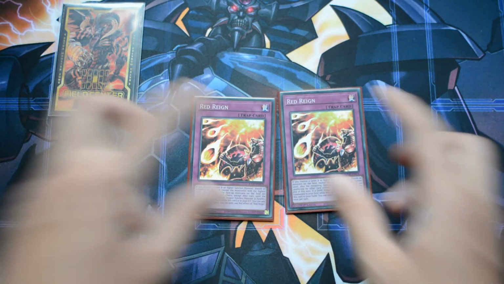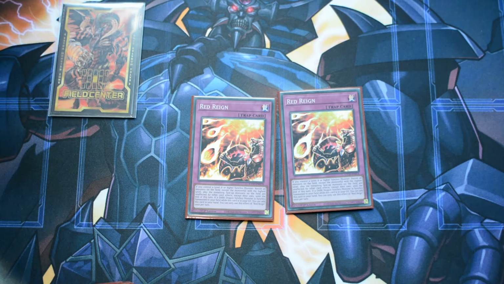And lastly, Red Ring. Red Ring is a very powerful destruction trap card. If you control a level 8 or higher synchro monster, banish all monsters on the field except the monster with the highest level. Also, the remaining face-up monsters on the field are unaffected by other card effects except their own until the end of this turn. If a Dragon Synchro monster is synchro summoned to your field while this card is in the graveyard, then you can add it back